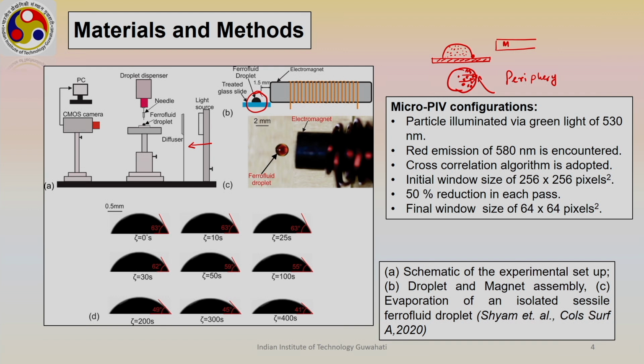We just record images using a CMOS camera. Through this schematic, our objective is to capture the qualitative picture of the flow field which is being developed inside the droplet domain because of this magnetic perturbation. We know a priori that the iron particles will try to move towards the droplet periphery which is close to the magnetic core, and we will try to quantify the velocity produced because of this movement of the iron particles using the micro-PIV analysis, and for that we have seeded fluorescent particles.